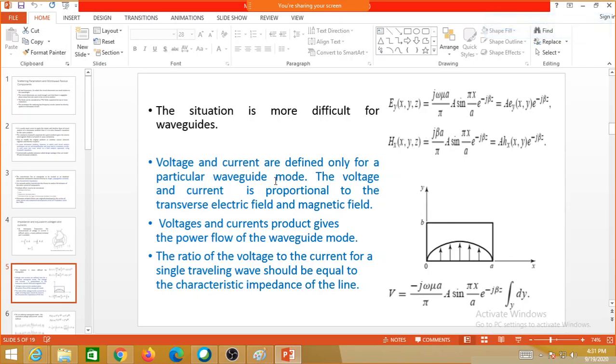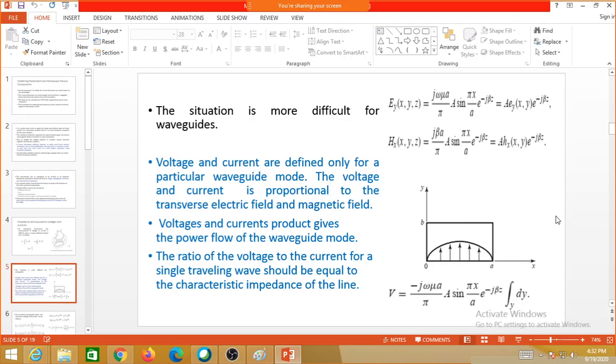If you take this electric field and calculate the voltage using it, what will happen? There is a variation in the y direction and a variation in the x direction, is it not? If you put a particular value of x and integrate from 0 to b, we will get some voltage. If I change the x value, or the y dimension, it will change again. So in general, for different values of x and y, the voltage will be different.